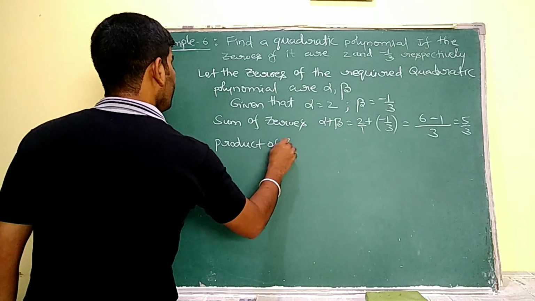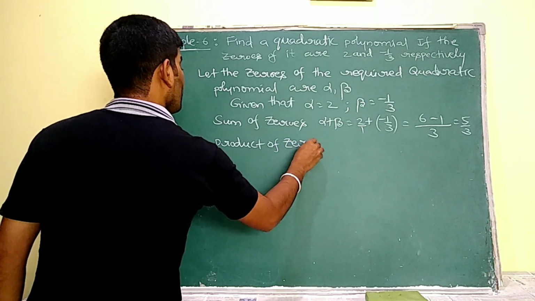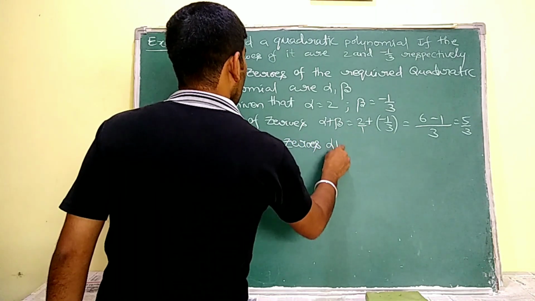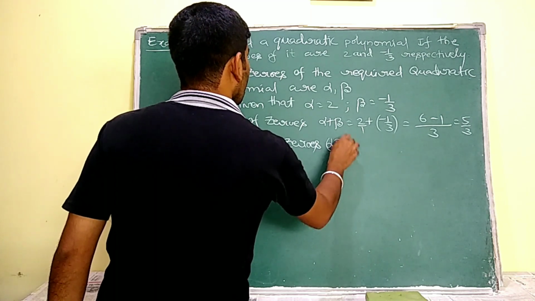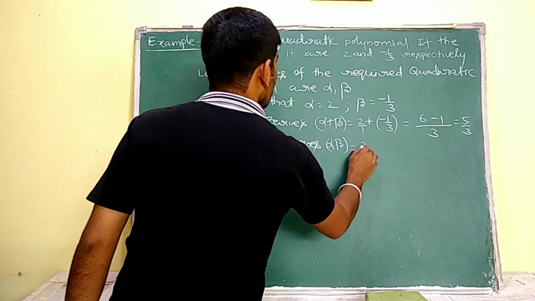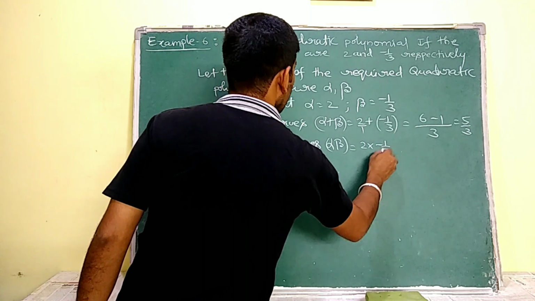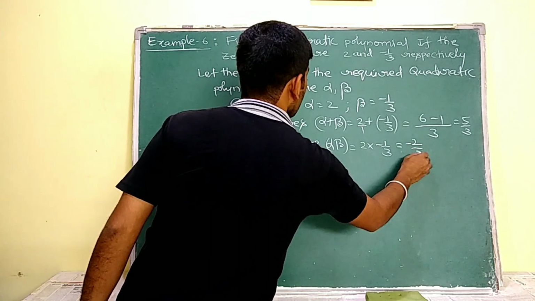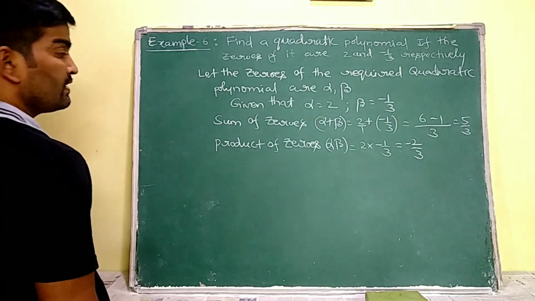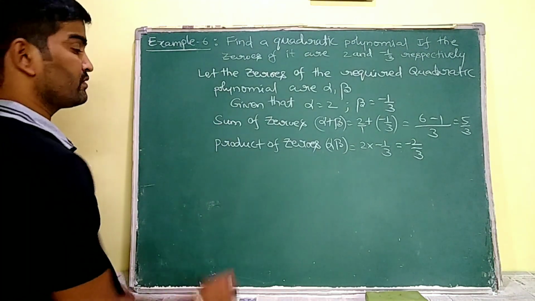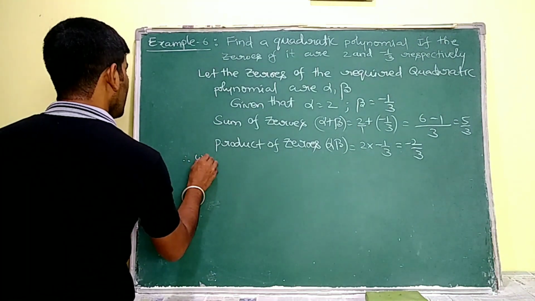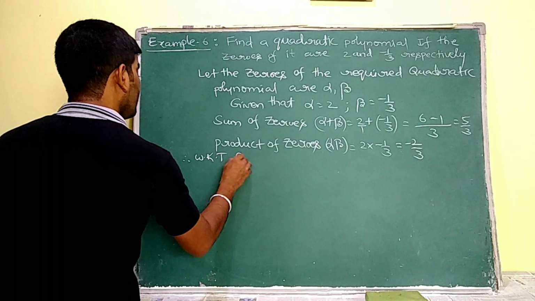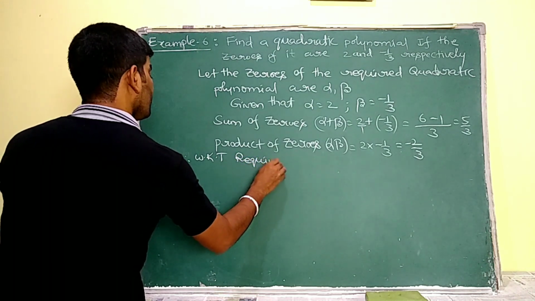See ma, product of zeros. Product of zeros means alpha into beta. So alpha into beta is equal to 2 into minus 1 by 3, that is equal to minus 2 by 3. These are the sum of zeros and product of zeros. Therefore, now we know the required quadratic polynomial